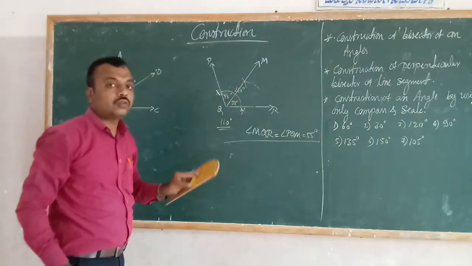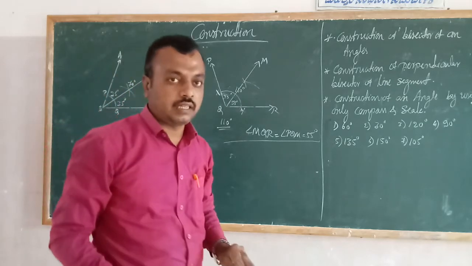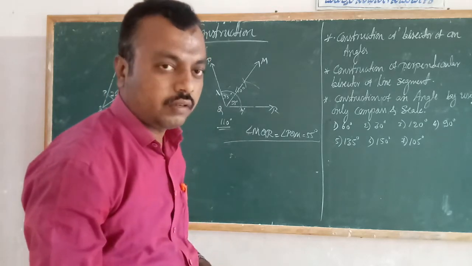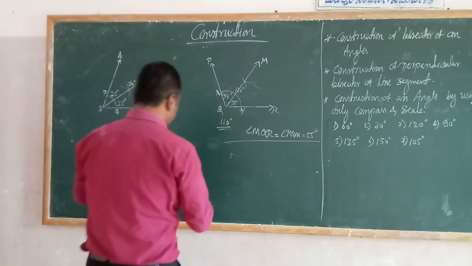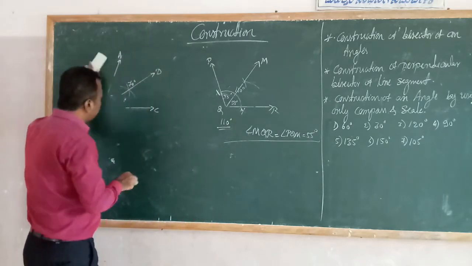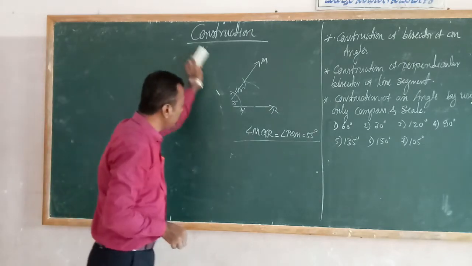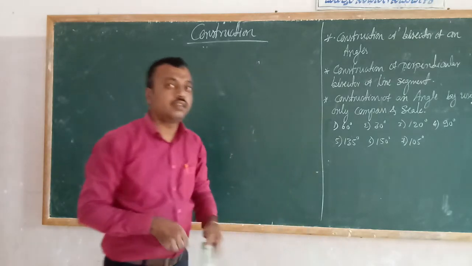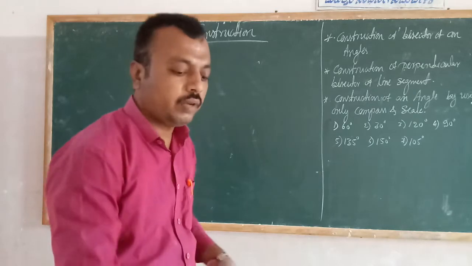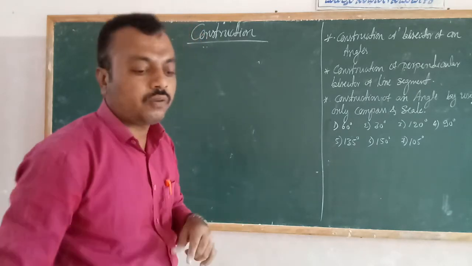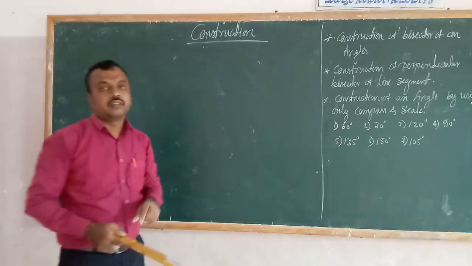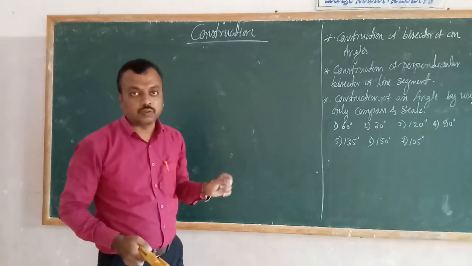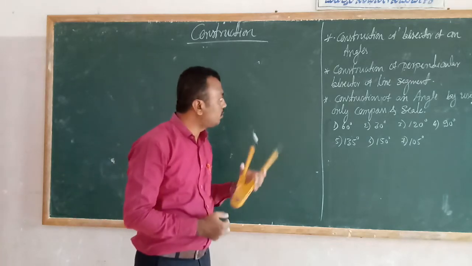So like this we have to construct the angular bisectors of the given angle. Okay students? Yes. Next one. This one you have to practice at home. You can draw any kind of angles. You have to bisect the given angle. After that you have to measure with the protractor, so each part becomes equal. Okay. So next concept, students.